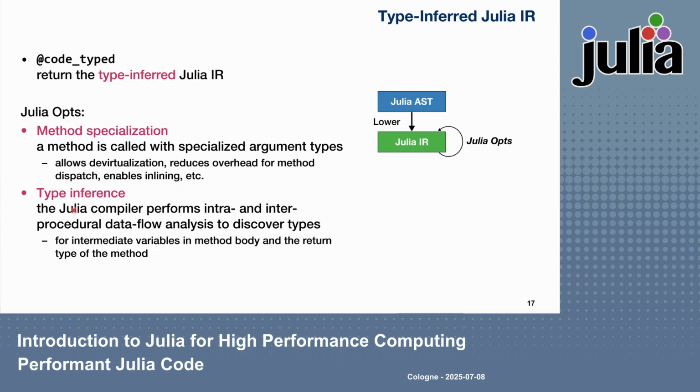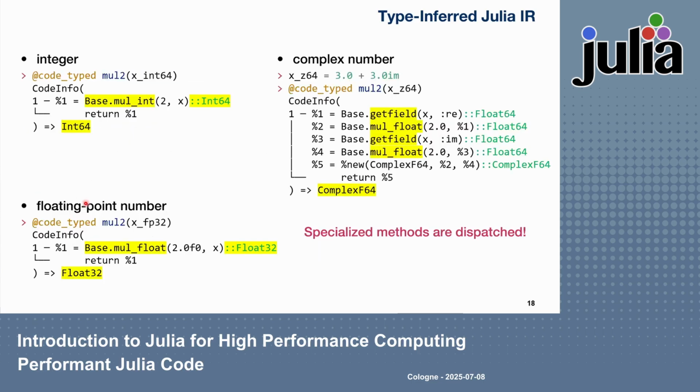And then to do some type inference. For type inference, you know, if the compiler knows more about the type, the more efficient machine code will be generated, right? This is straightforward. Here, let's look at the so-called typed